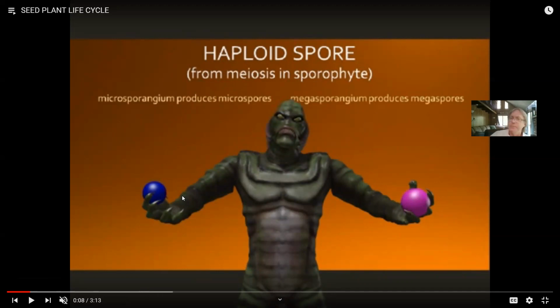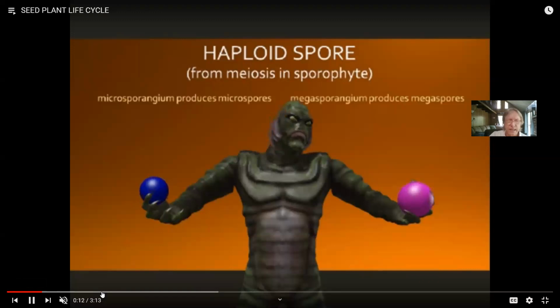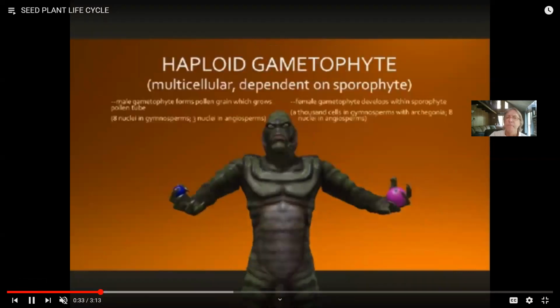And that's why seed plants, as I'll go through later, are called heterosporous. Hetero means different, while the haploid spores of the previous plants all look the same. They are homosporous. So a microsporangium produces microspores, a megasporangium produces megaspores, and this then develops into the male gametophyte